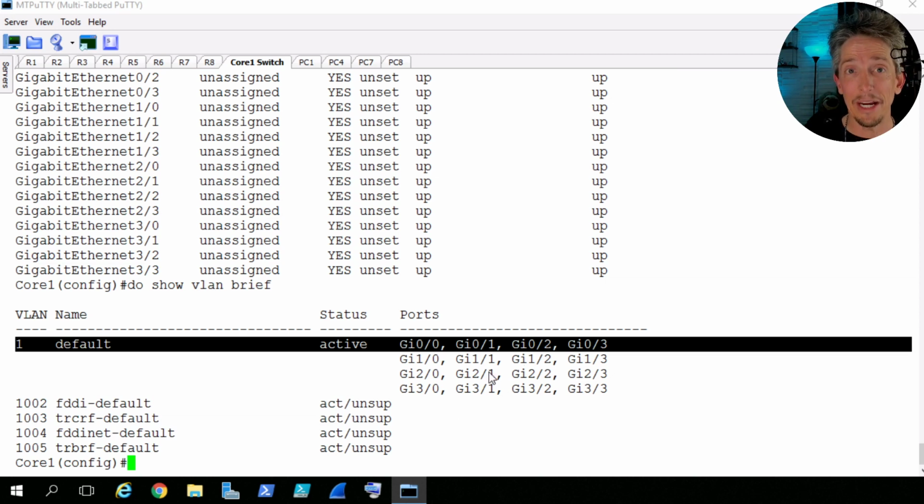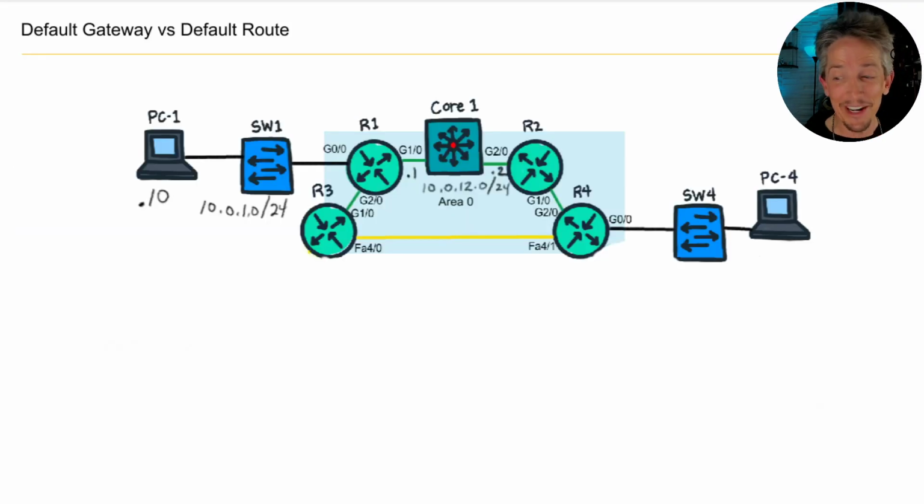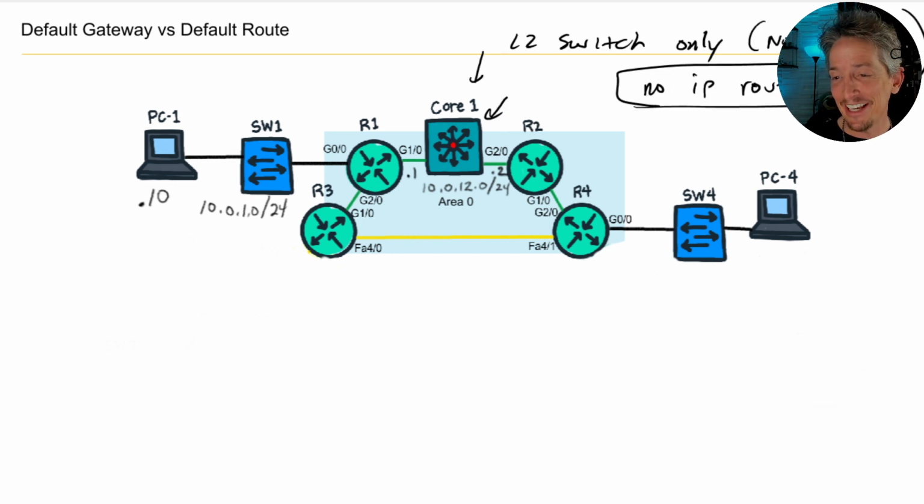So let's create a logical layer 3 interface on this layer 2 switch. Now you might say, Keith, why? It's a good question. Why are you doing that? Why, Mr. Grinch? Well, the reason we're going to do that is because if this is the management PC right here,